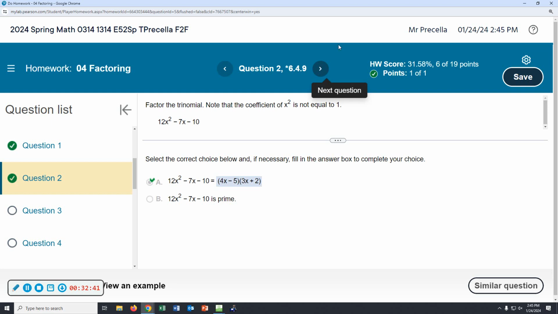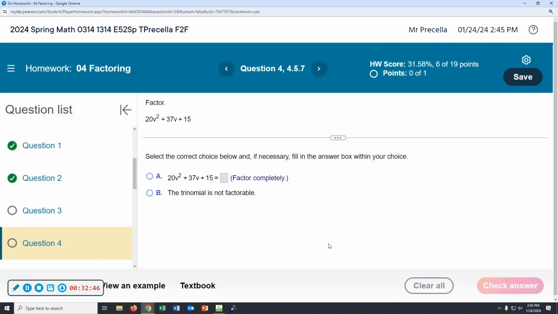Now, number 3? No, 4. Okay. And then I'll just sort of jump around. Number 4. Let me write that one down. Ooh, 20b squared. There's one thing I see about this problem that I like. What do I like about this problem? The second sign is